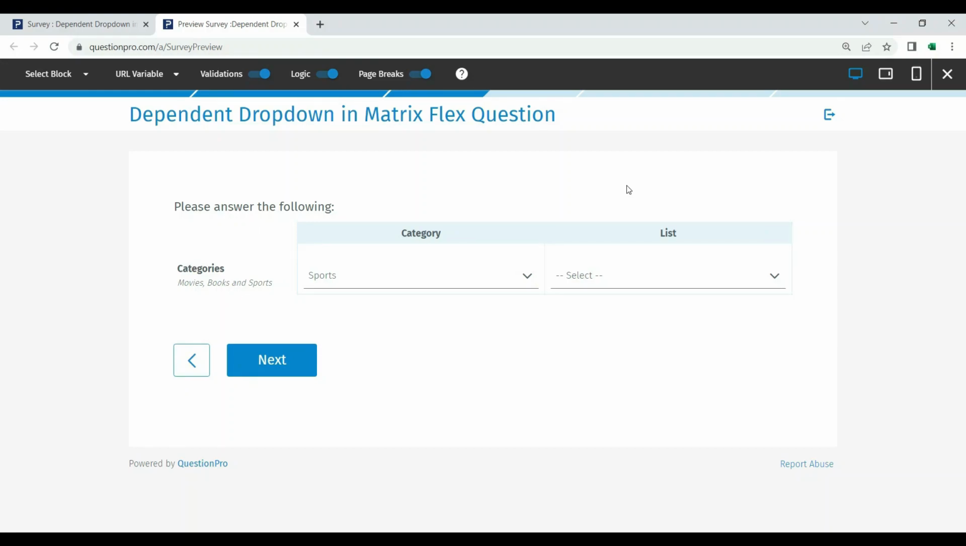In this video, we are going to make dependent drop-down lists using jQuery, a JavaScript library, for a Matrix Flex question on the QuestionPro online survey tool, to show or hide options in a drop-down list based on the selection in another drop-down list. If you are not familiar with QuestionPro, don't worry. You can use the same methods you will learn in this tutorial for other online survey tools, such as SurveyMonkey